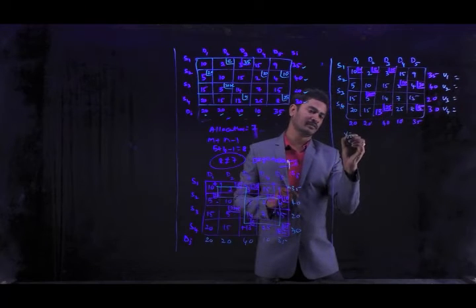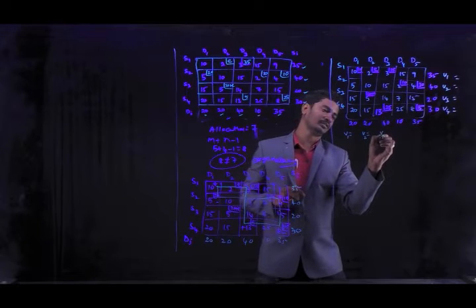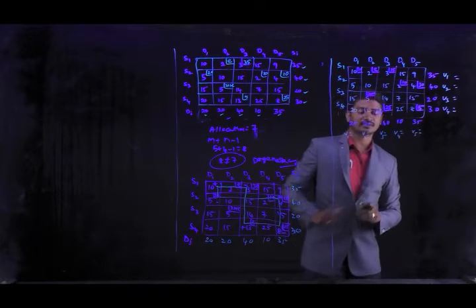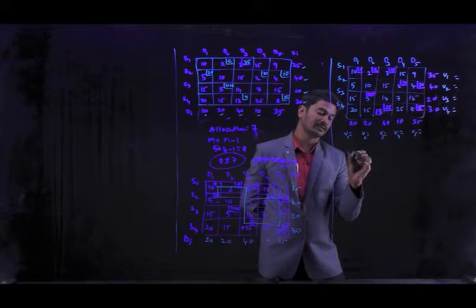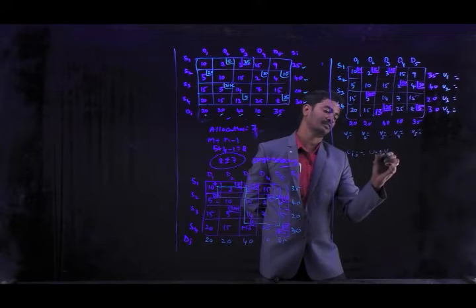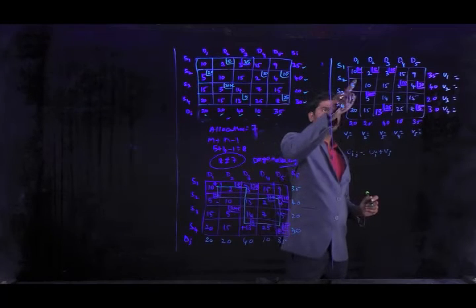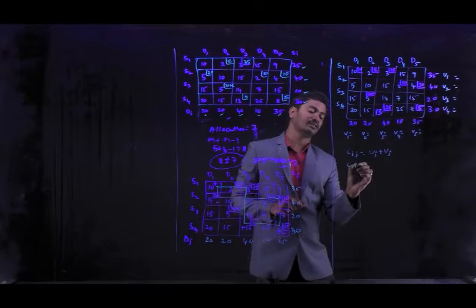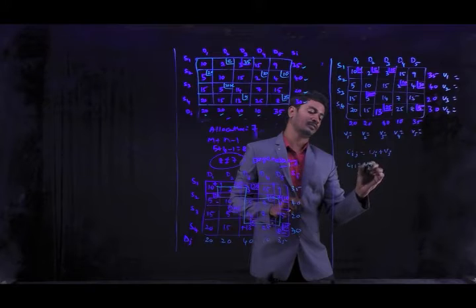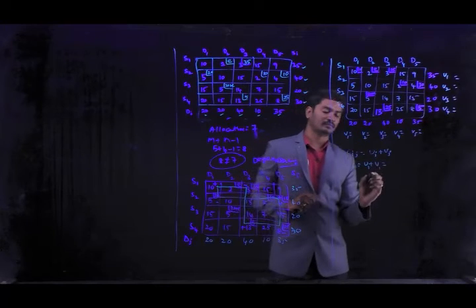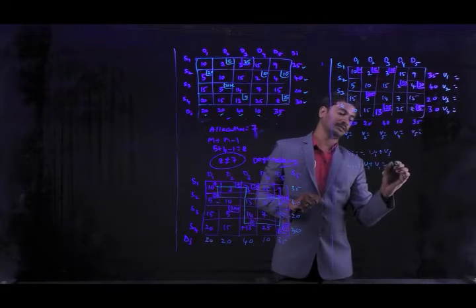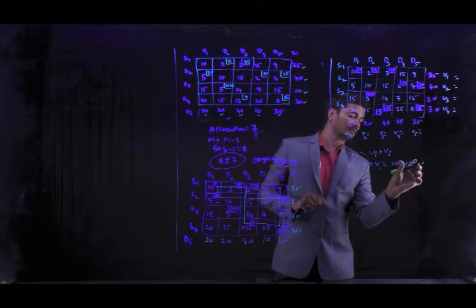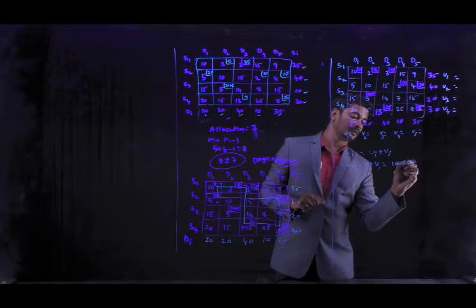Next, V1, V2, V3, V4, V5. For the first allocation, Cij is equal to Ui plus Vj. Here in total we have 8 allocations. So the first allocation is C11, which is U1 plus V1, equal to 10. U1 plus V1 equals 10.